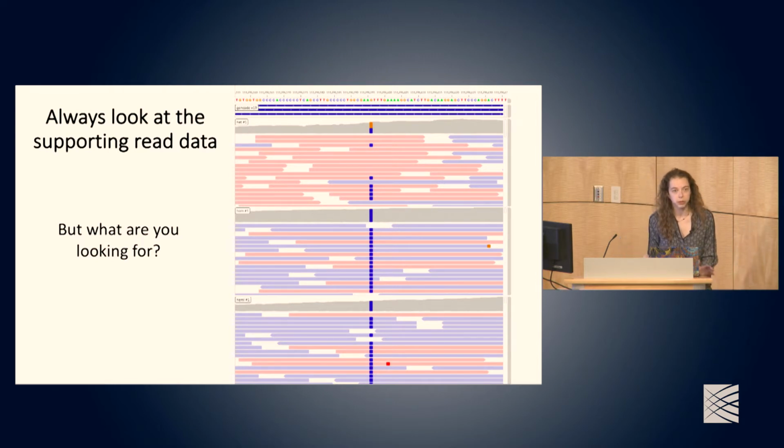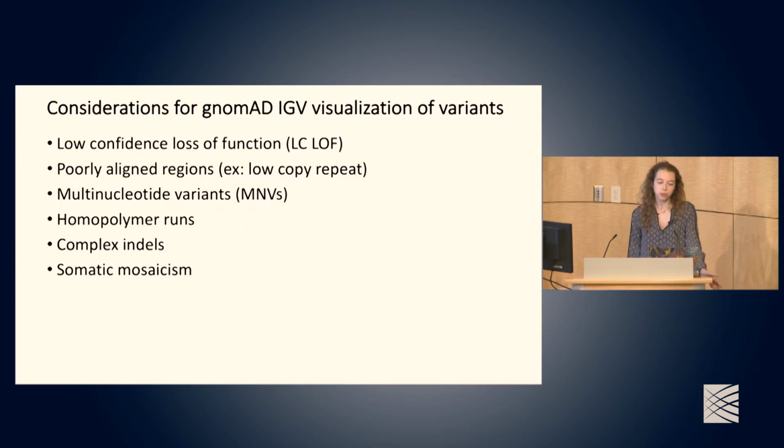So most of the variants we look at do look like this. Not super exciting, just reassuring that this variant looks fine. So what are you looking for when you're looking at the IGV read visualization to see if you have any questions about the reads? So one of the things is we've flagged variants that are low confidence loss of function